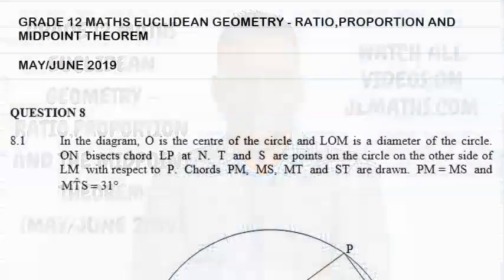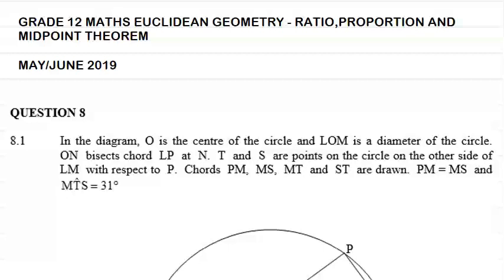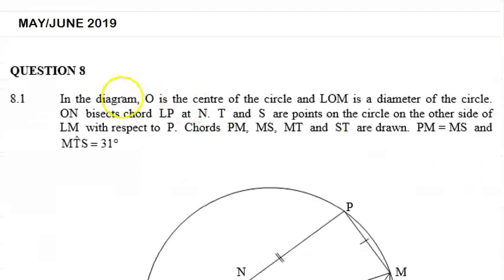And in today's video lesson, we're going to be looking at grade 12 maths Euclidean geometry, ratio and proportion, and the midpoint theorem. And the question that we're going to be looking at is from the May-June 2019 examination paper. It reads as follows. We have question 8, and it says, in the diagram, O is the center of the